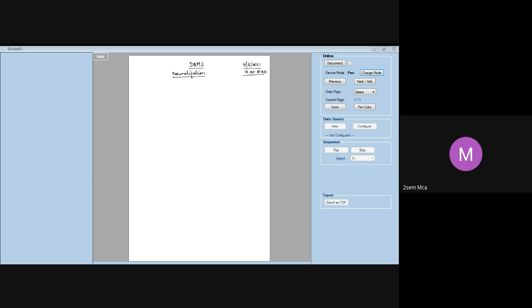Just to give you a quick recap on what exactly is normalization. It is nothing but you take any given relation and you analyze it based on the functional dependencies and the primary key to achieve the properties of minimizing the redundancy and minimizing the insertion, deletion, and update anomalies. These are the two important objectives of going in for normalization. You minimize the redundancy, and you also minimize the insertion, deletion, and update anomalies.